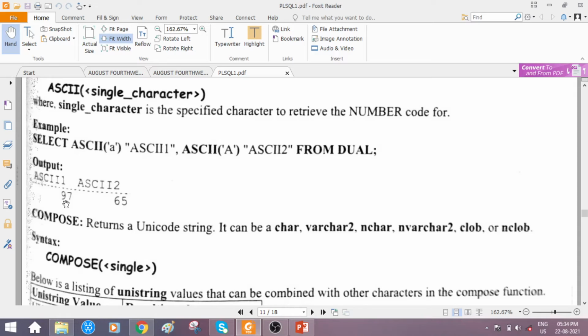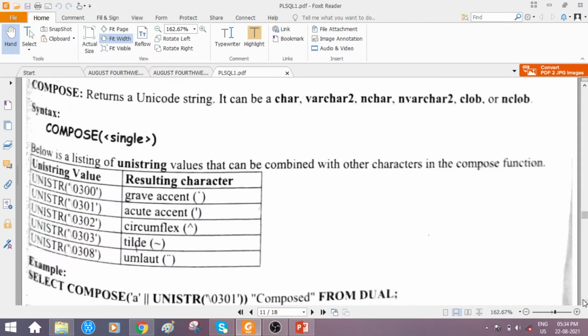You have studied in computer organization all the ASCII code information about lowercase, like from lowercase a what is the starting number, and uppercase A starts from which ASCII code. Okay, so if it is capital A given here, what is the numeric code returned? 65. Okay, capital B is 66, capital C is 67, like that. And here small letter a is 97, small letter b will be 98, following that. Yes, so this is with the ASCII function.